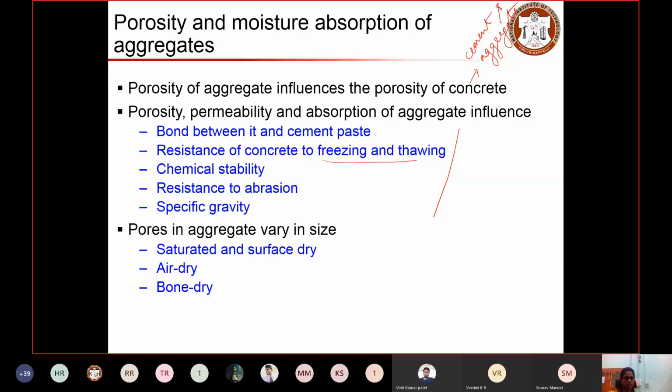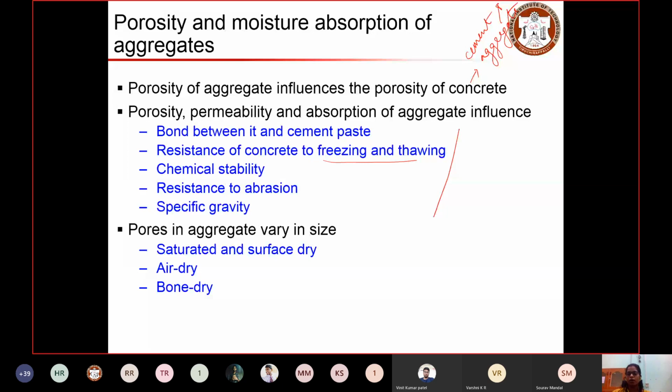In such cases, those pores in the aggregates should not be connected to each other, to avoid the transport of other elements from outside to inside. And if the aggregate is porous, depending on the nature of the pores, that can allow some amount of water, and depending on the condition of the environment to which it is exposed, the aggregate can be wet aggregate or dry aggregate. So let's look at the properties of such aggregates and how we can get the level of moisture.